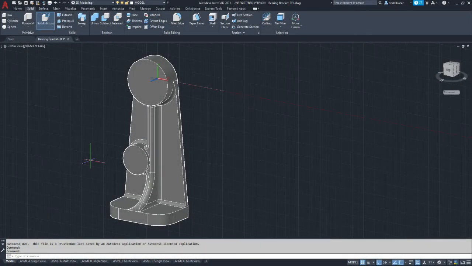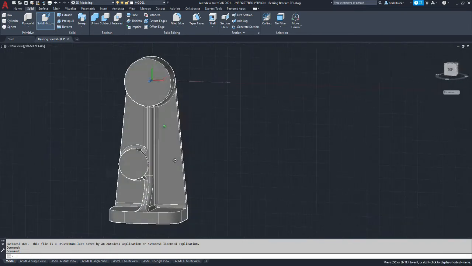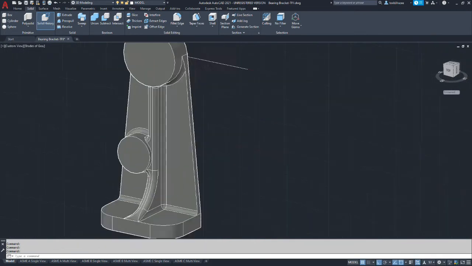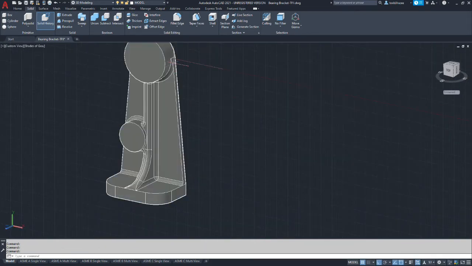Okay, we've gotten the majority of the fillets for this side of the part completed. Now I've had trouble running the fillet that should run around the edge and come around to the top.